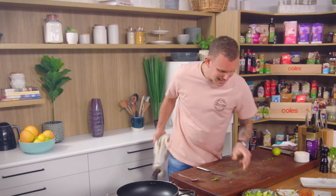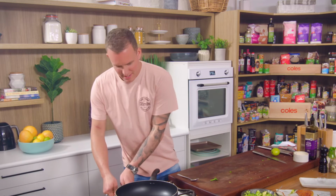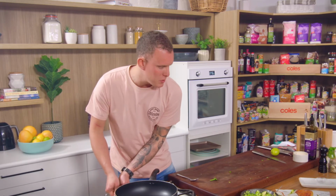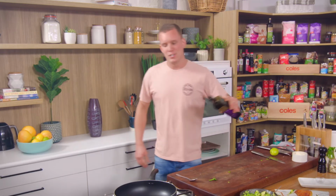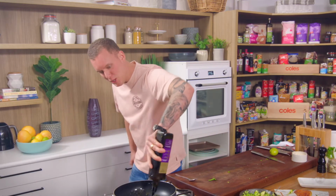Right, done. The last thing we need to do is pan fry our wraps. And I feel like you guys would have seen me do it this way before, but it is the greatest way to grill your wraps. And I learnt this in a different format. I was watching Mr. Matt Preston make a steak sandwich, and what he did is he got 2 pieces of bread, put them together,